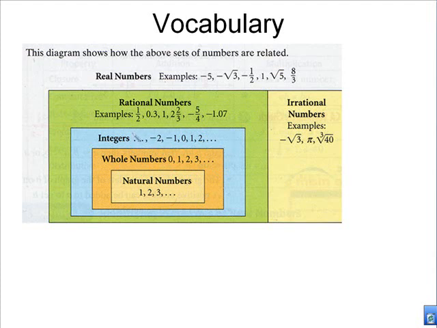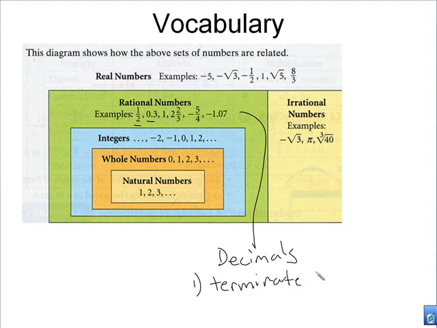Now rational numbers, we begin to include fractions and decimals, and they could also be negative too, that's okay. So rational numbers include the fractions and the decimals. Now one thing about the decimals: the decimals for rational numbers terminate, meaning they end. For example, 1.4 is a terminating decimal because it ends,